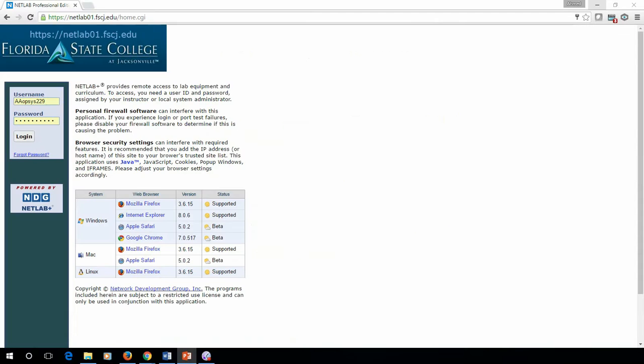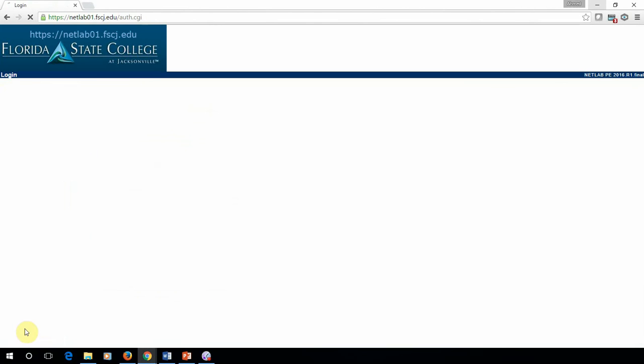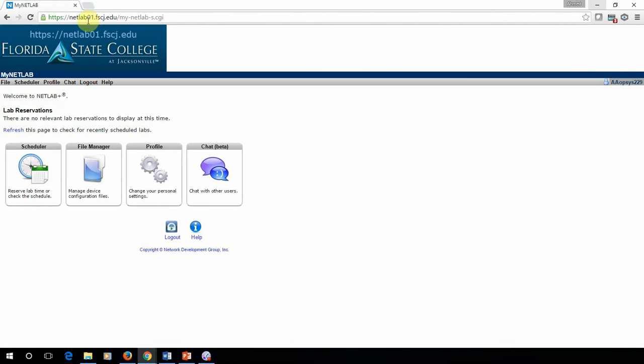We will perform an activity on how to install Linux. This is your first assignment. We did it in class, but I'm redoing it again. So you will have your username and password, and you will log into